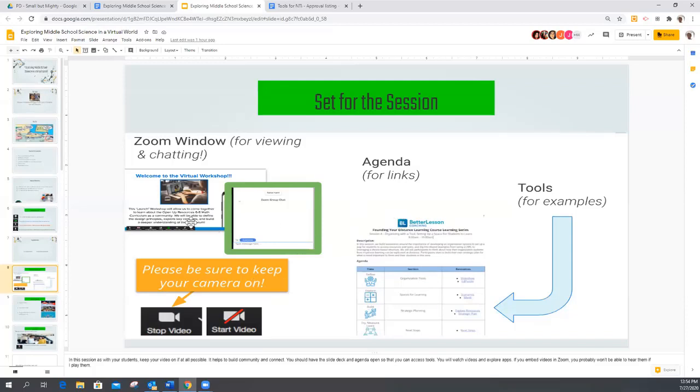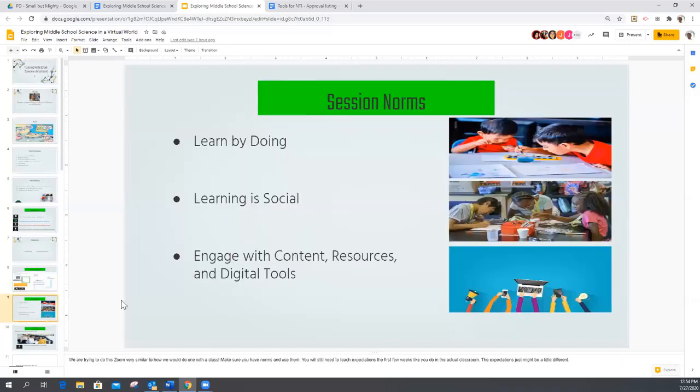What we will try to do is pace this so that when you get times to work either individually or in small groups in breakout rooms, we try to provide enough resources that you can go at your own pace. So you will click on the links that you want to know more information about that will help you in planning your instruction. The ones that you're already familiar with and you don't need information on, you can leave those and share them with somebody else.